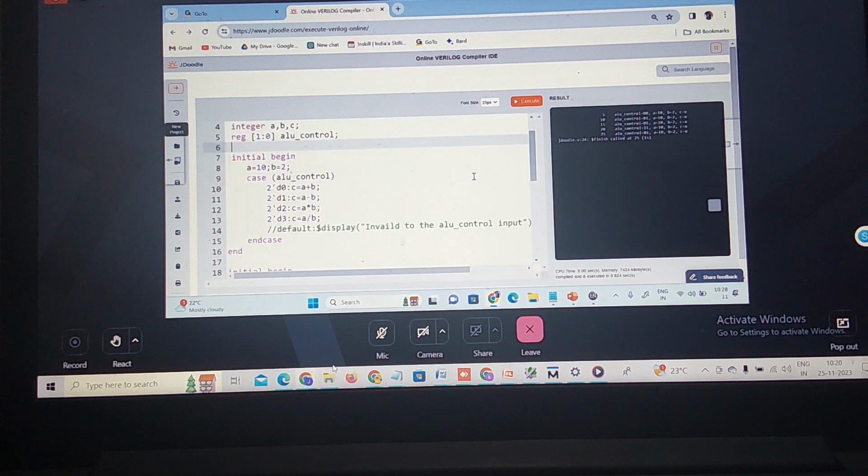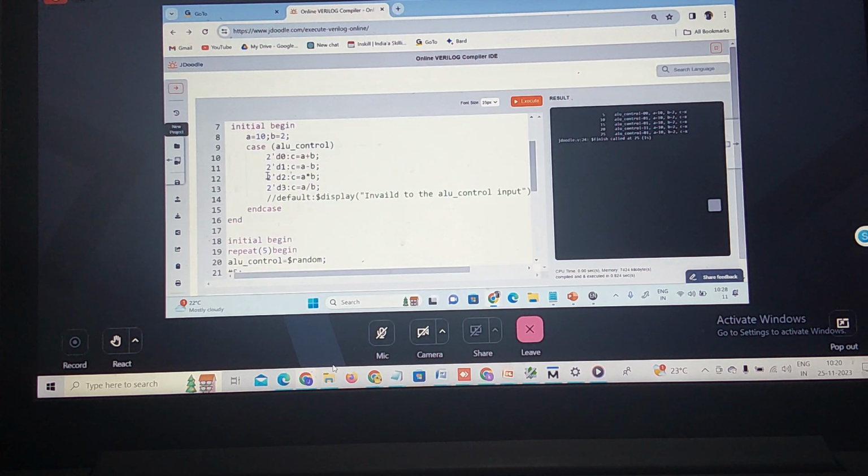ALU initial begin. ले तो रहा हूँ तब हम It started with the case. देखो जल्दी निकल जाओ जल्दी से आ जाओ जल्दी जाके।